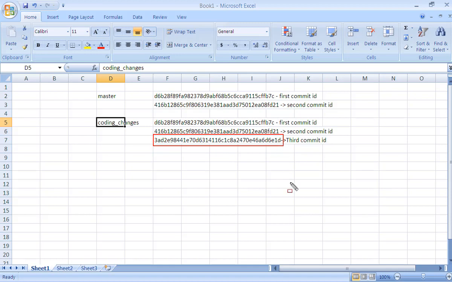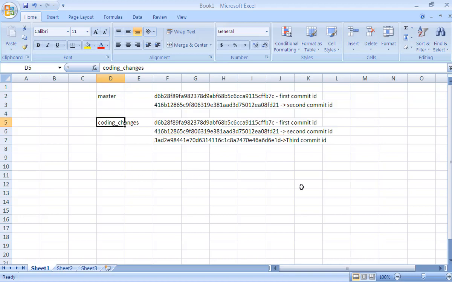So what is the comparison between the branches? It is not the code, it is the comparison between the commit IDs that is done by GitHub. How many commit IDs in the master branch? How many commit IDs in the code changes branch? This commit ID will be considered for review by the reviewer by creating a pull request. Then finally the code changes will be accepted and merged. This commit ID will be merged into the master branch once it is reviewed successfully.